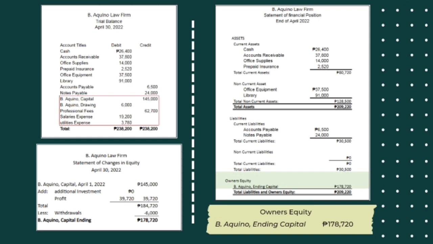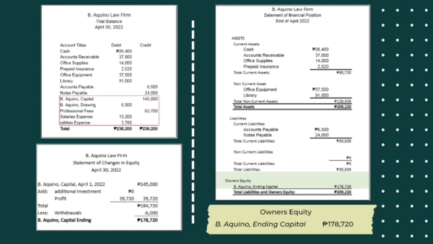So, ganito lang yon. So, ang gagawin natin, kukunin muna natin ang Statement of Changes in Equity ng B. Aquino Law Firm. So, first, kunin natin ang capital ng B. Aquino Law Firm noong April 1, 2022 na nagkakahalaga ng